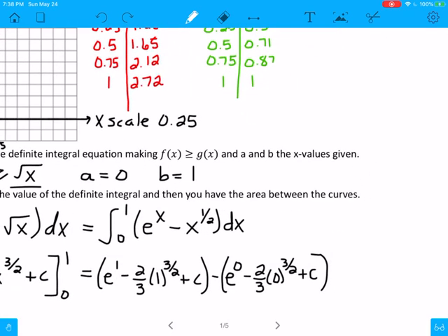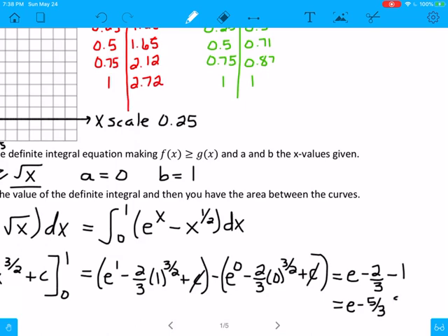Which gets me e to the 1 is e, negative 2/3, these c's are going to cancel, negative 2/3 times 1 is negative 2/3, and e to the 0 is actually minus 1. And then we'd get minus 0, so we don't put it, and the c's cancel. And you put negative 2/3 minus 1, that's negative 2/3 minus 3/3, so you get e minus 5/3,